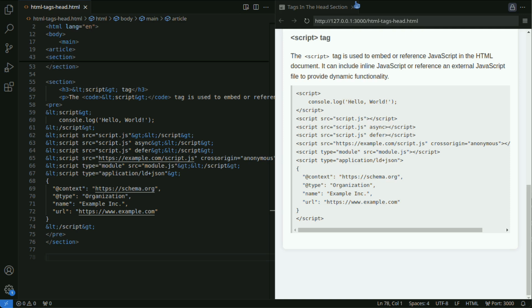Since ECMAScript 2015, ES6, JavaScript modules have been introduced, allowing code to be split across modules, enhancing reusability. By specifying type equals module, you can treat the script as a module. Modules can be split into other modules using import and export.